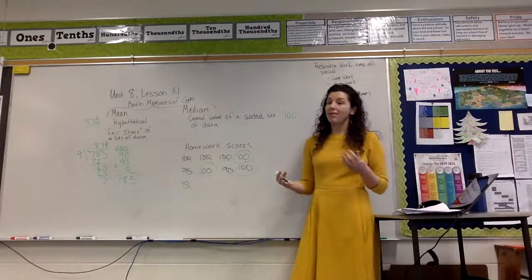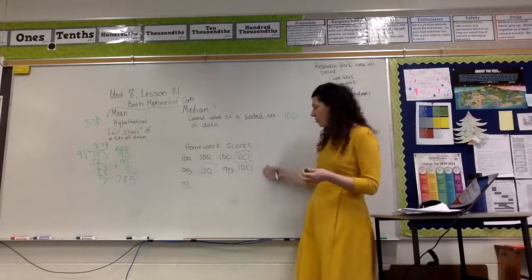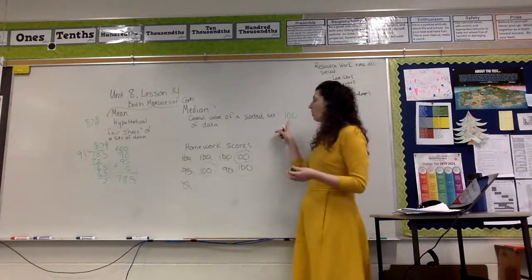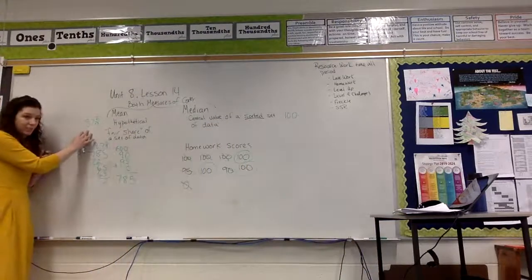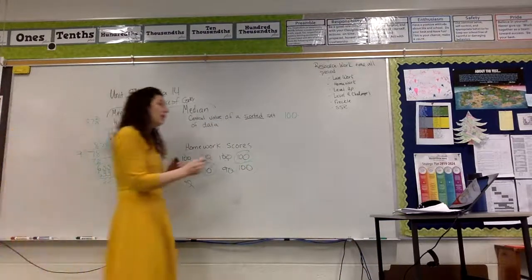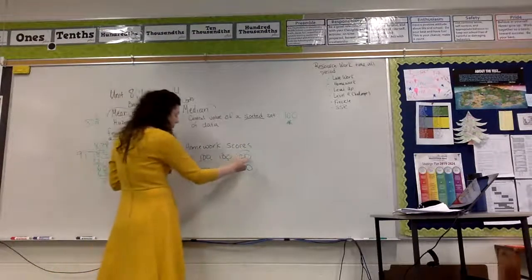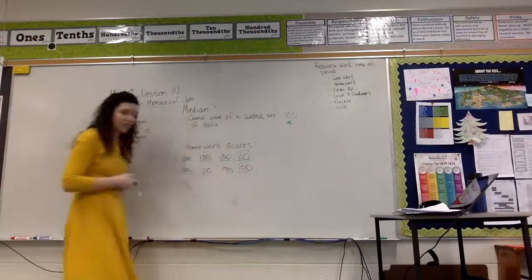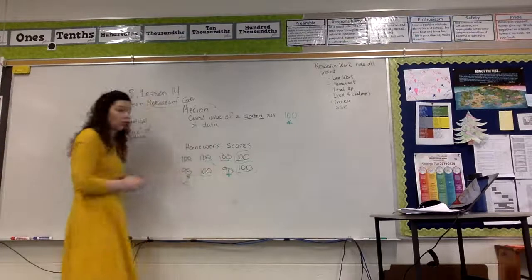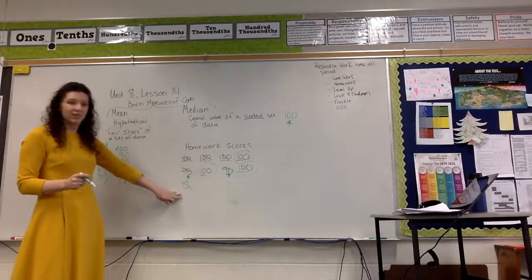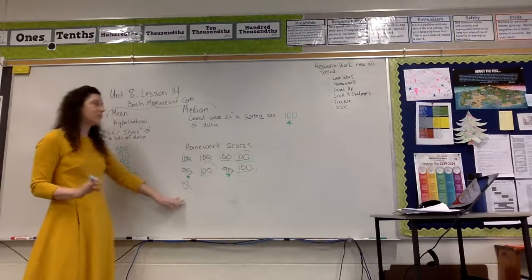Sometimes when we are talking about a data set, one of those values better represents this. So if you were the student who got these grades, do you feel like a 100 better represents your grade, or about 87 better represents your grade? And most of us are going to say right now 100 is a better representation, because there were 1, 2, 3, 4, 5, 6 hundreds in our data set. The 95 and the 90 are really close to that 100. And the 0 is an outlier here. There is one data point that's not really like anything else we have.